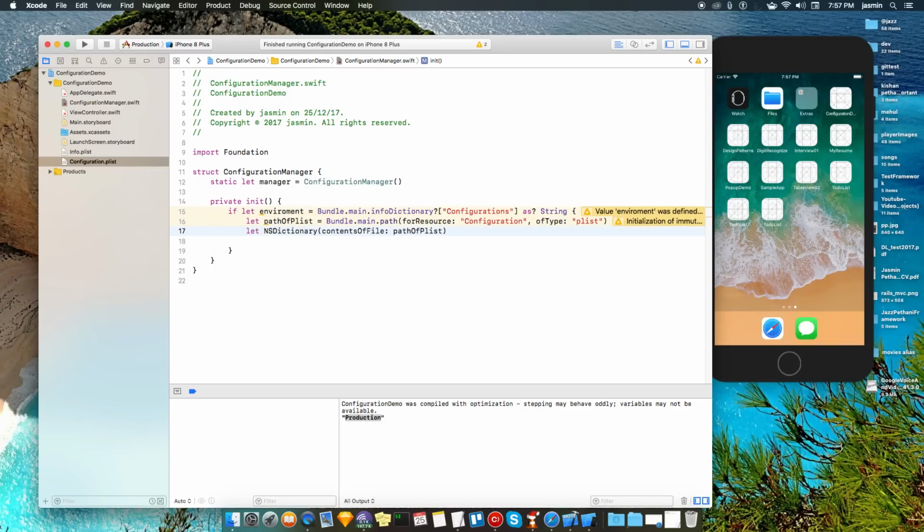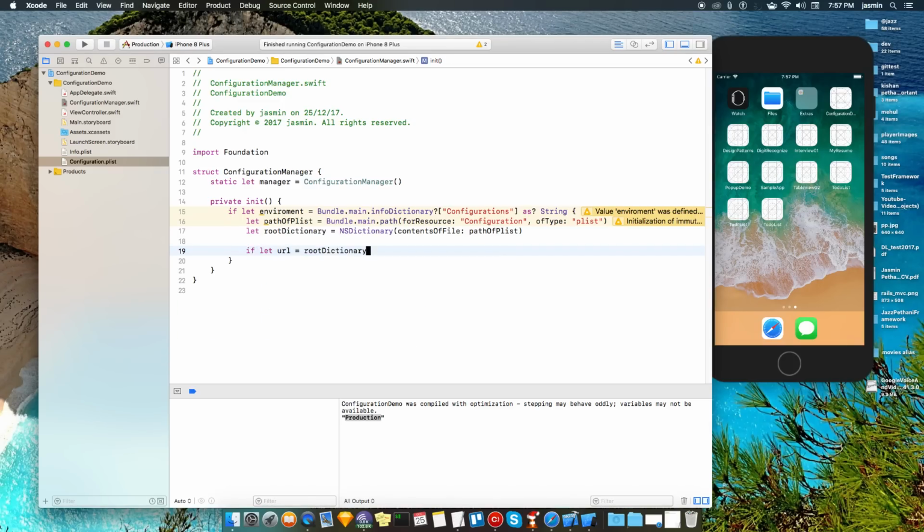We have created one dictionary that we call the root dictionary, and from this dictionary we are going to access those environment things, like the URL.